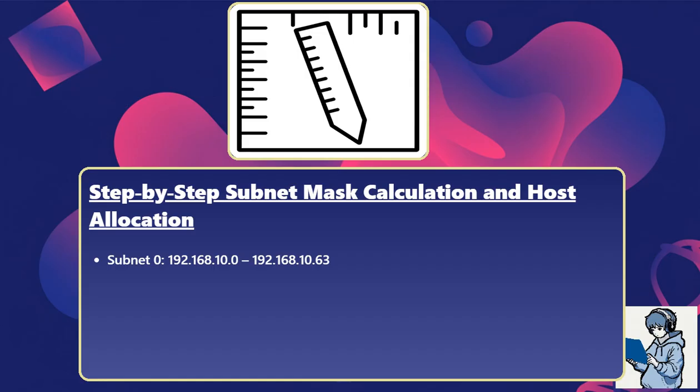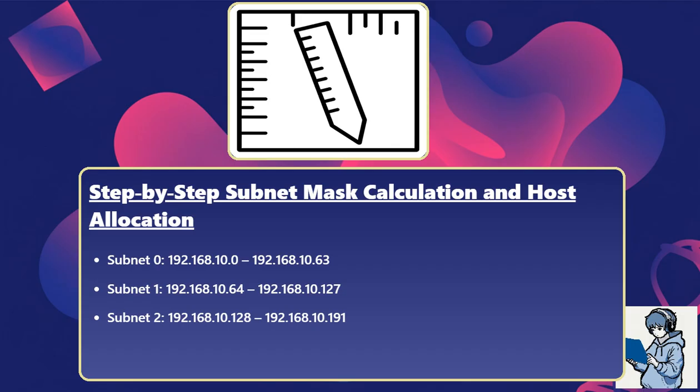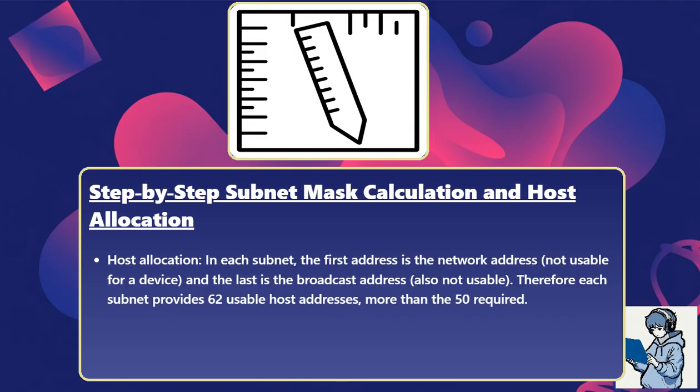Subnet 0, 192.168.10.0 to 192.168.10.63. Subnet 1, 192.168.10.64 to 192.168.10.127. Subnet 2, 192.168.10.128 to 192.168.10.191. Subnet 3, 192.168.10.192 to 192.168.10.255. Host allocation. In each subnet, the first address is the network address, not usable for a device, and the